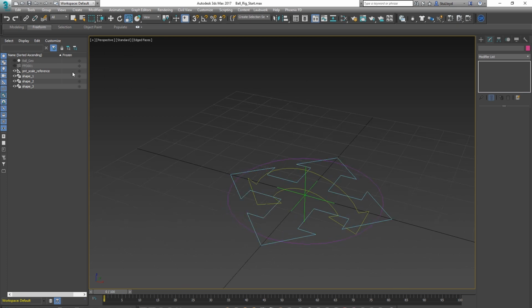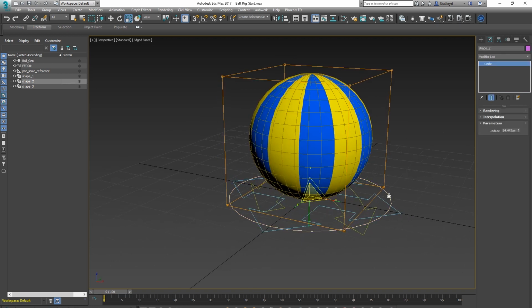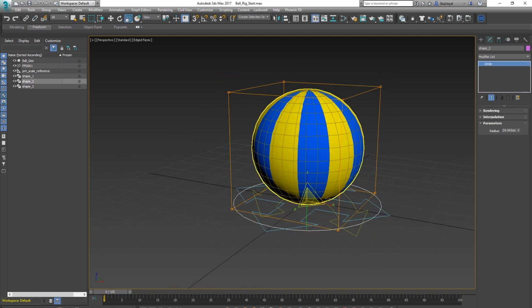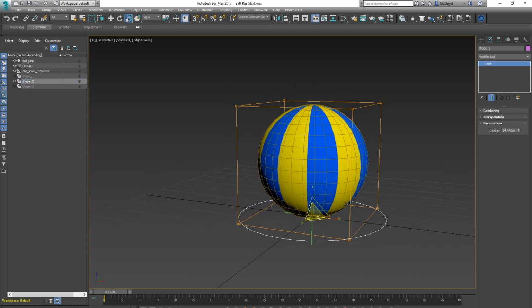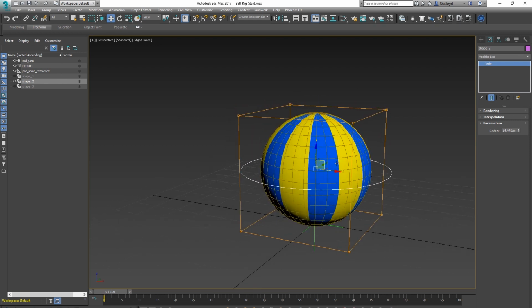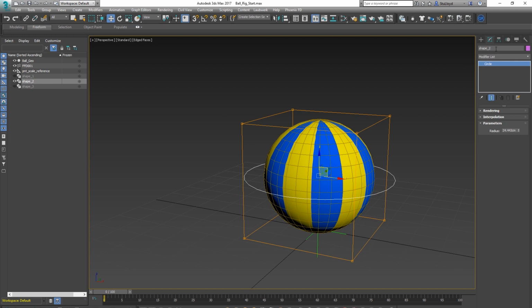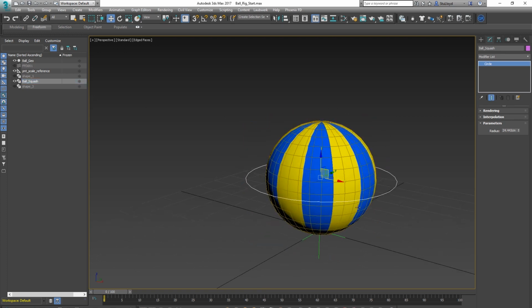But pretty much what we can do is use these shapes to guide our ball. So I'm going to use this little circle here as our squash and stretch controller. If I hide everything else and align this to the ball, there we go, now it's in the middle. Make sure everything's ticked, go OK. Now I can firstly rename this to something like ball squash. So if I hide the FFD box now, because we don't need to see it,